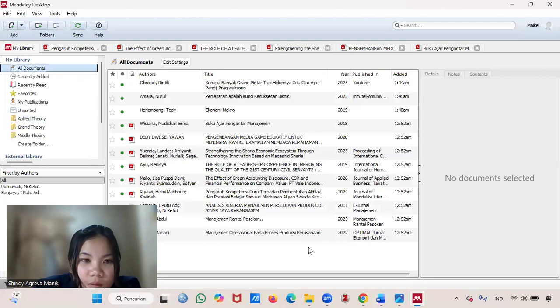So, that's the complete tutorial on using Mendeley to support our research methodology assessment.